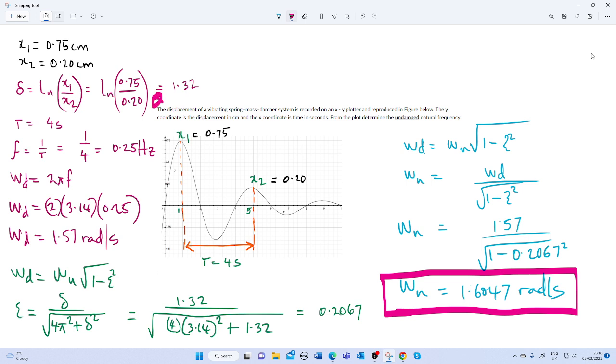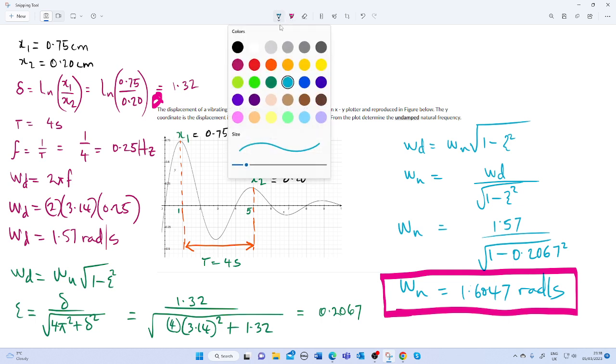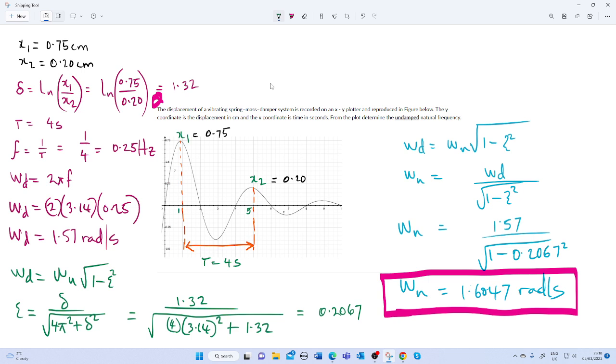The displacement of the vibrating damper system is recorded in XY plotter, reproduced in figure below. The Y coordinate is the displacement in centimeter and the X coordinate is the time in seconds. From the plot, calculate the undamped